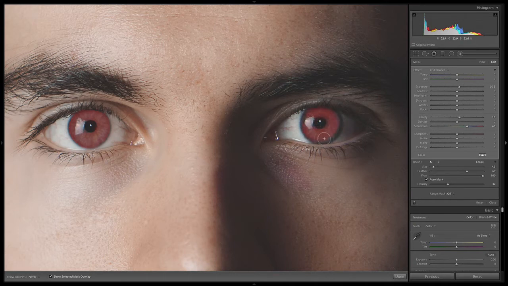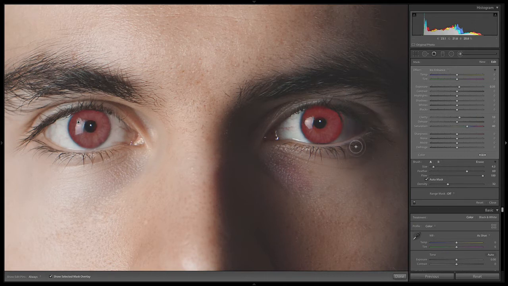Now you do have this eye light in his eyes, which is that white reflection. That's actually a technique in photography that helps make eyes pop and look better. So when you are shooting your own photos, try to have some sort of eye light. It could be the sun, it could be an artificial light, and that actually helps make his eyes stand out.